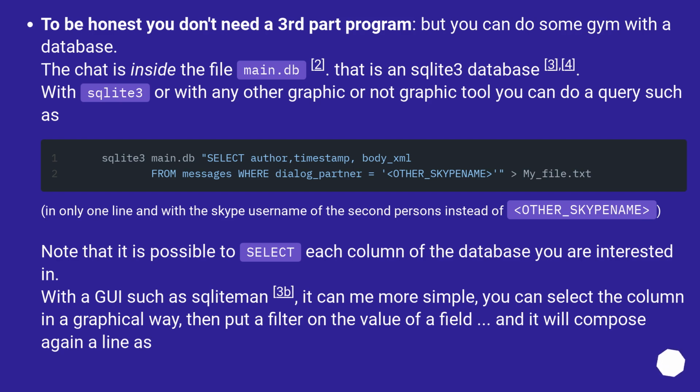Note that it is possible to select each column of the database you are interested in. With a GUI such as Skypeman, it can be simpler. You can select the columns in a graphical way, then put a filter on the value of a field, and it will compose again a line such as